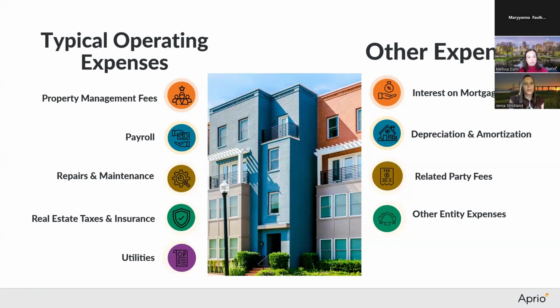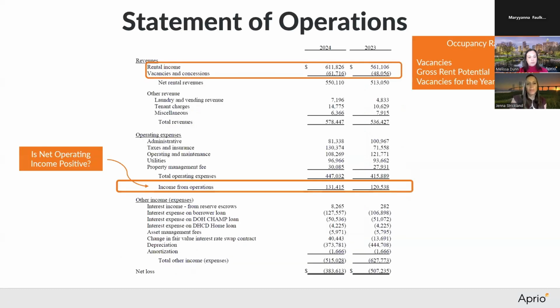And then we'll move on to show a visual of your statement of operations and walk through what that looks like. So we started with that revenue at the top with our rental income and showing our vacancies. The big thing you really want to look at here is what is your vacancy rate. So you're going to calculate that by dividing your vacancies by your rental income and seeing what the percentage is. So this one is coming out to about 10% a year. You do want to focus on that vacancy rate, and I think 10% is probably something that you want to see 10% or less.